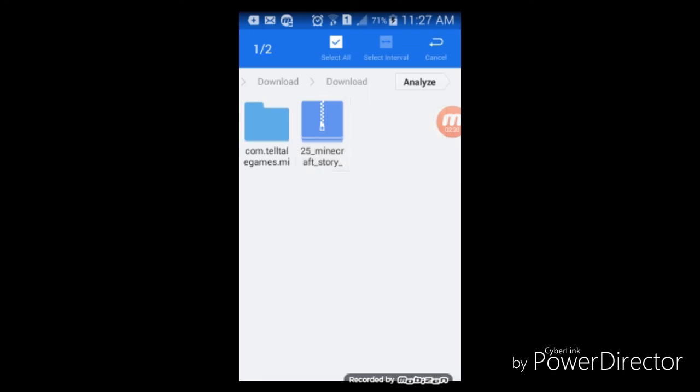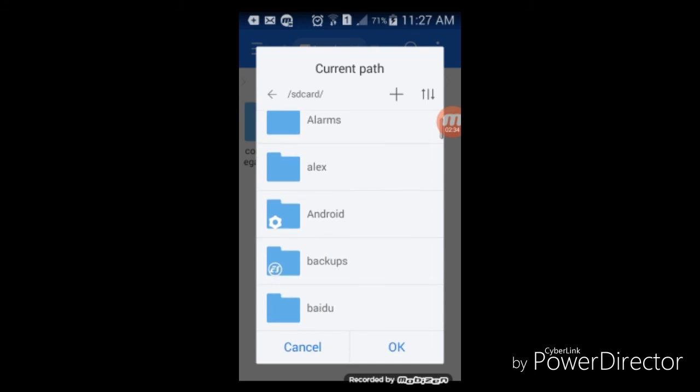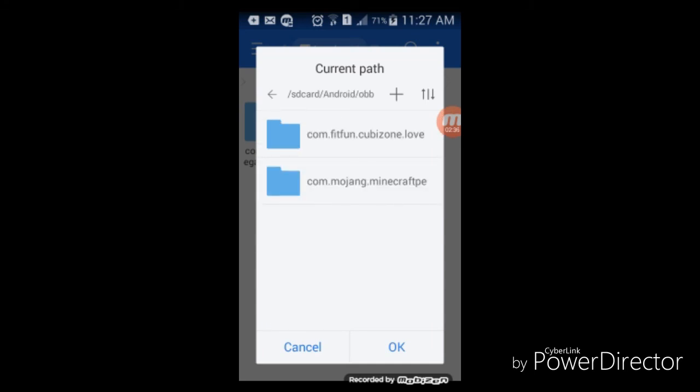Extract to, choose path, Android OBB, and just extract them here.